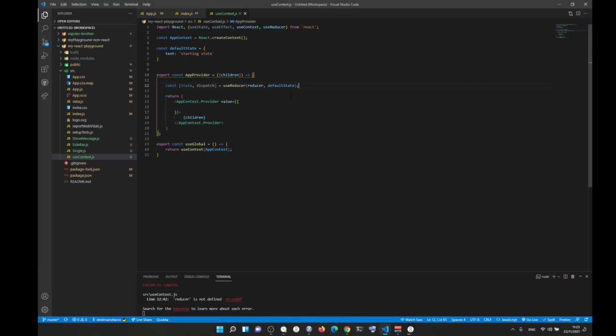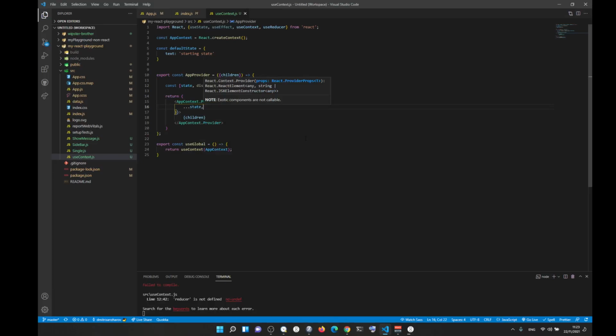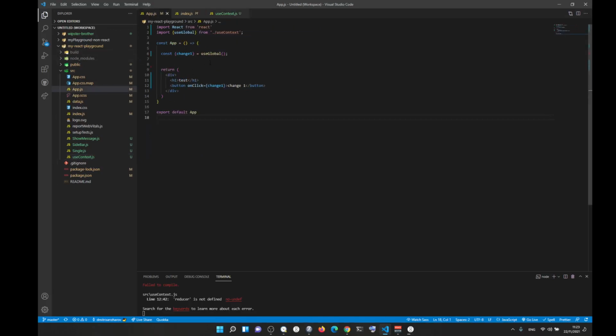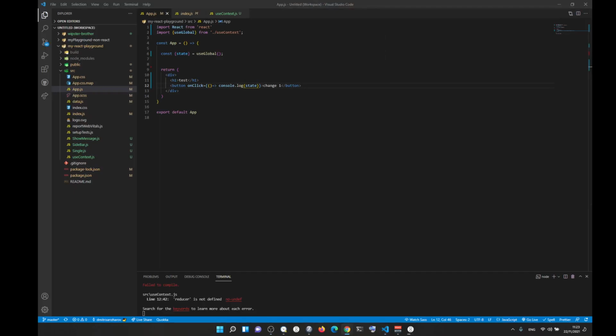Okay. So once this is done, we want to pass the state through the useGlobal, right? So the way to do that is with three dots. That's the correct way to do it. Okay. So now state is available globally. All right. So for example, if we go here, we can just type in state. On click, we're gonna console log state. All right. Like this. So in theory, if we click the button,